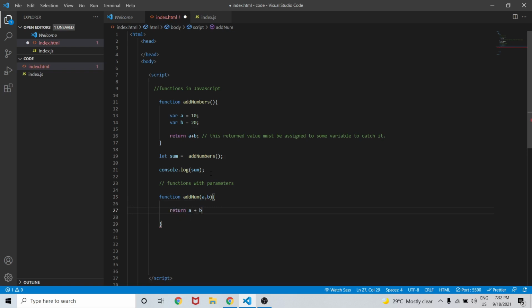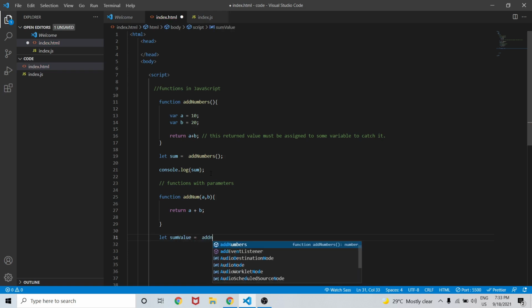When I call this function addNum, it should be assigned to a value, let's say sumValue equals addNum, and we will pass some number values. Let the parameters be 5, 4, and let's simply console.log sumValue.